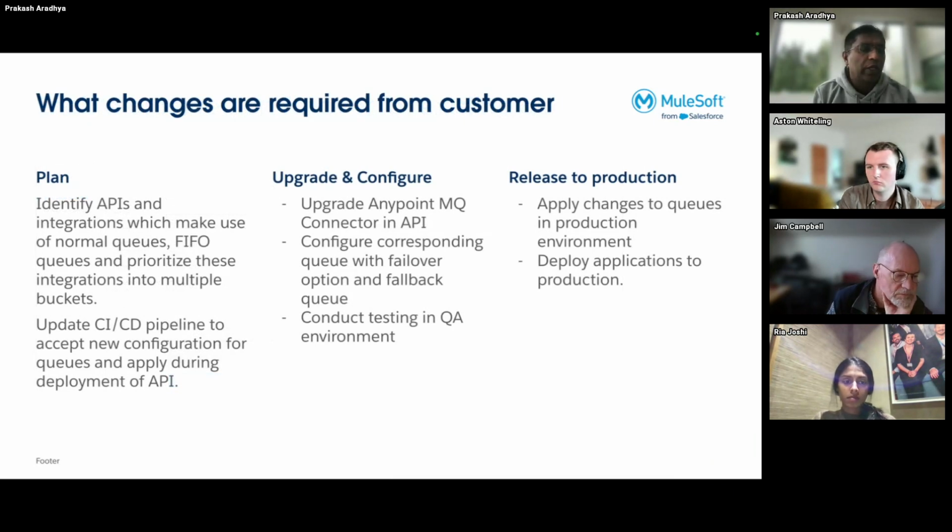So a few things you need to consider: plan ahead. Identify all the APIs and integrations that you want to use, the normal queues and FIFO queues, and set that up and figure out which of those queues you really want to take advantage of the automated failover for. And then you check if you need to upgrade the Anypoint MQ connector API,